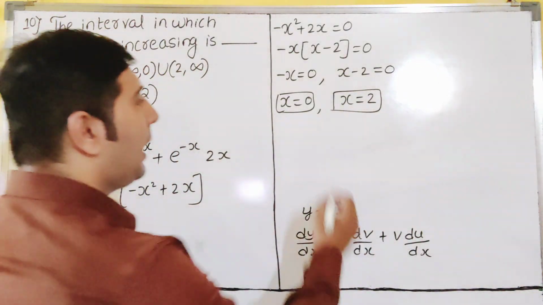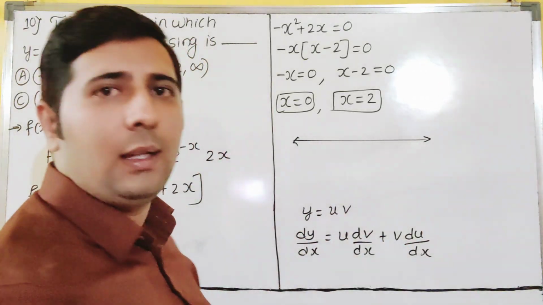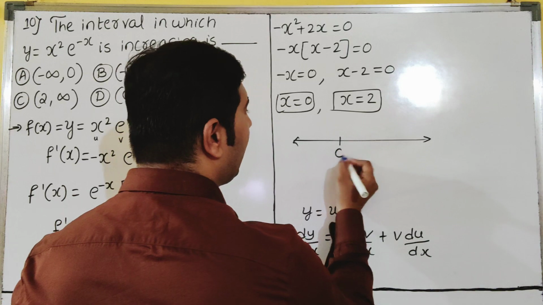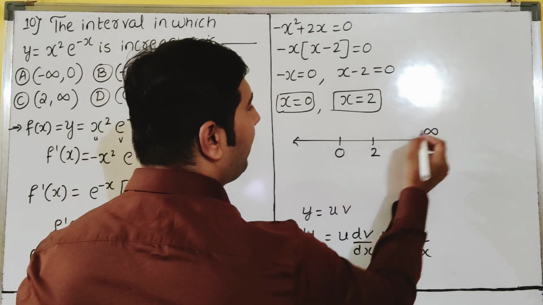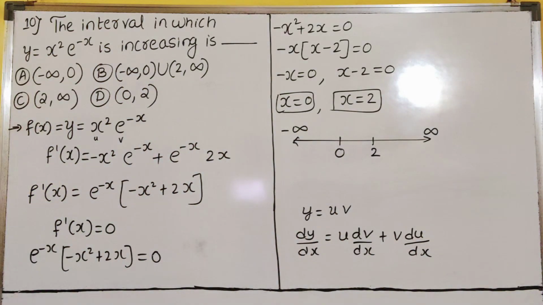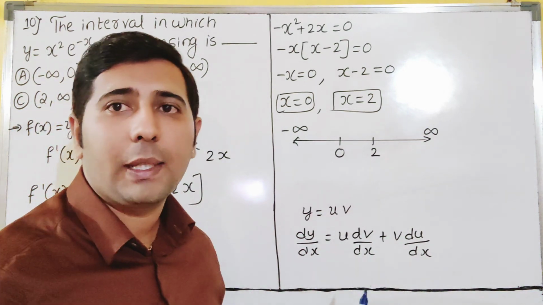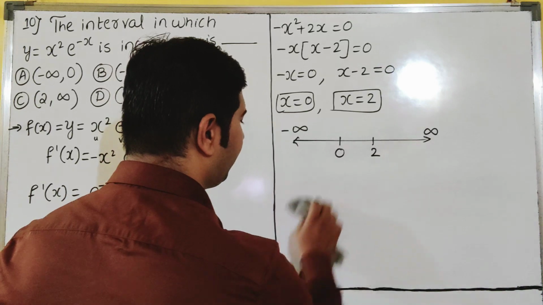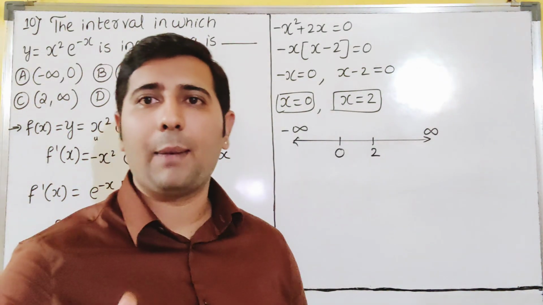Clear? So now take the interval. In which interval our function is greater than 0. So now you will see increasing means greater than 0 only. 0 and 2 you take, and this is infinity and this is minus infinity. So I will erase the below, dear students. This is actually a formula I had written just for your understanding purpose. I will erase this. This is not required now. Now you see, observe very carefully. So what will happen? Observe.